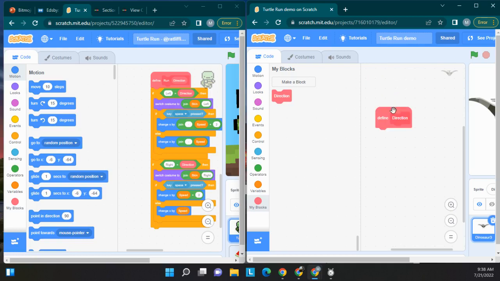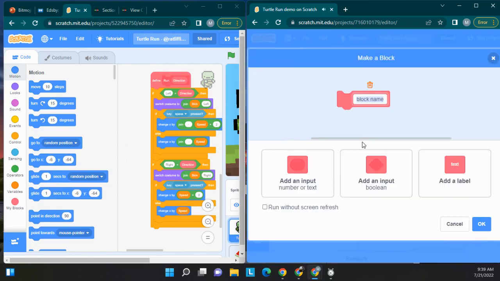Hold on one second, because it's run then direction. So do this: we're going to grab this and throw it away, and I'm going to start it again. So blocks. This is tricky if you don't pay attention to how to do it. And then it's this one here where it says add an input. So you have to select this one, Angel. There it goes. Now we can name this, so we can keep it the same as run, capital R-U-N, tab,